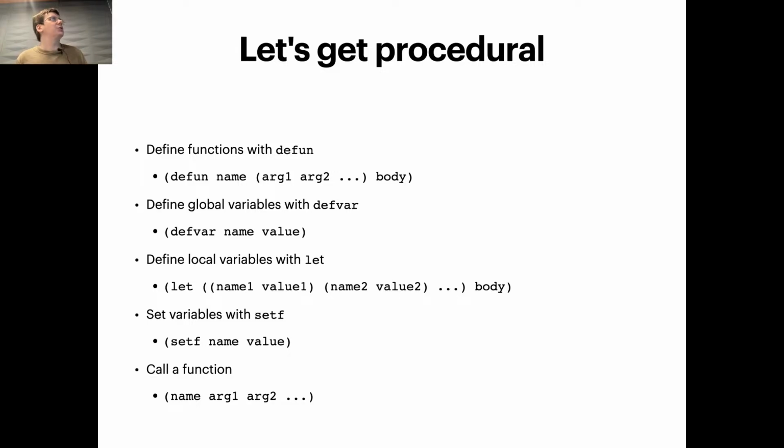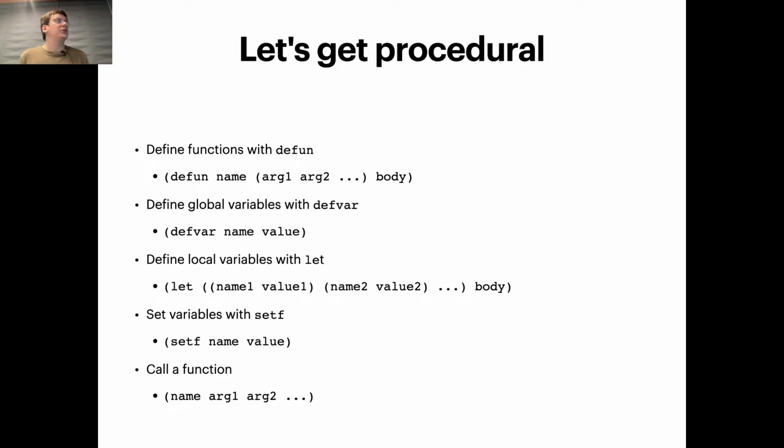So let's get procedural. This is procedural programming. We can define functions with defun. We specify the name, the arguments, and then we have an arbitrary number of forms as their body. We can define global variables with defvar. We specify the name and the value. We can define local variables with let. And then we have, as you can see, a list of pairs of names and their values, and then we have the body, which consists of multiple forms,